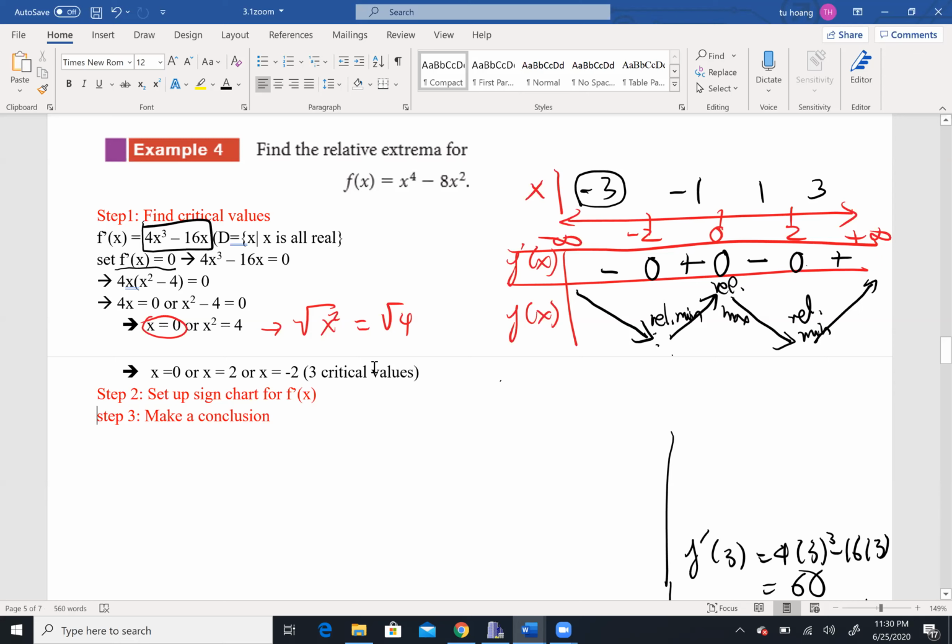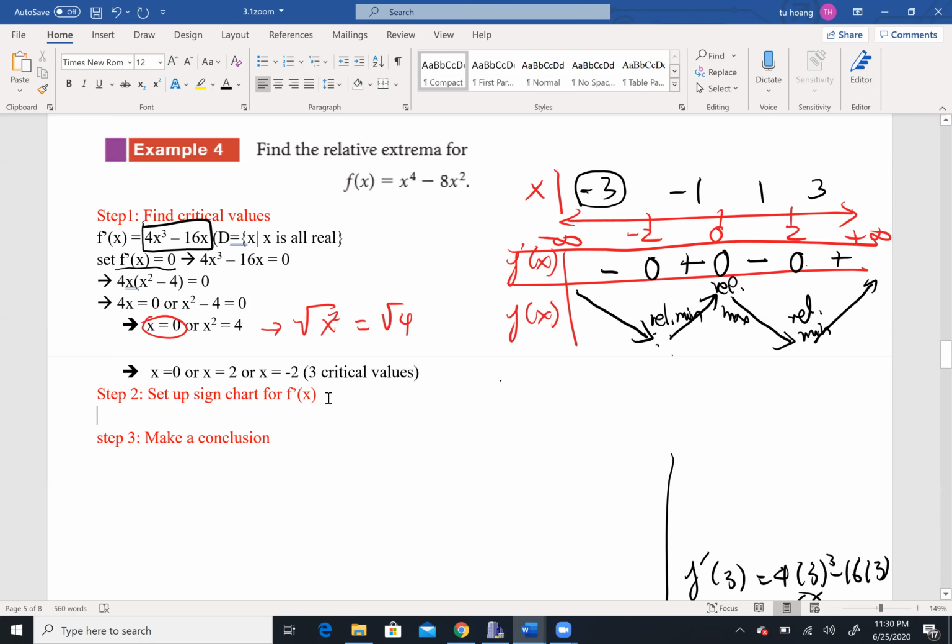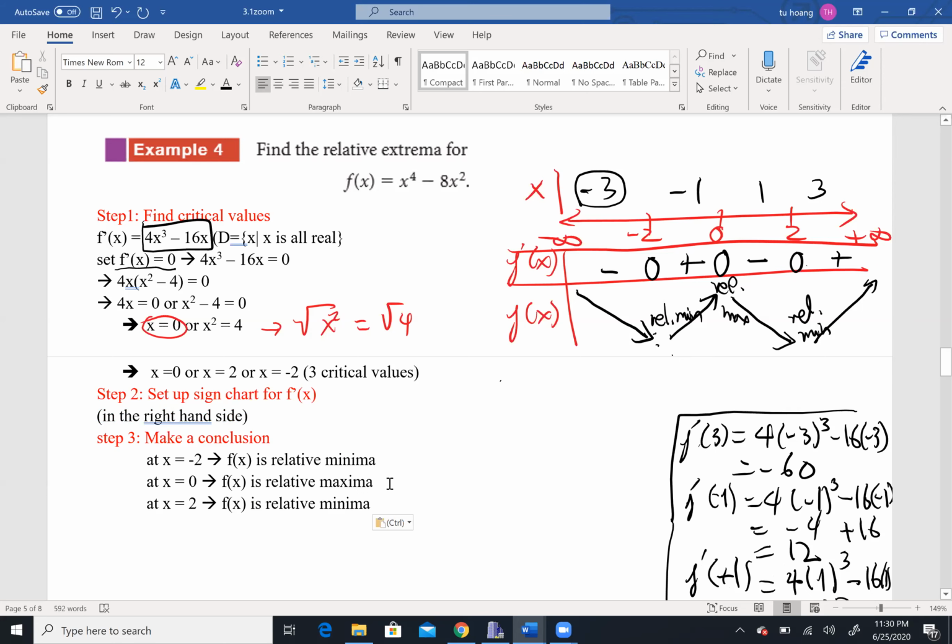So the sign chart is the one up here, and for step 3, I'm gonna make a conclusion, say that